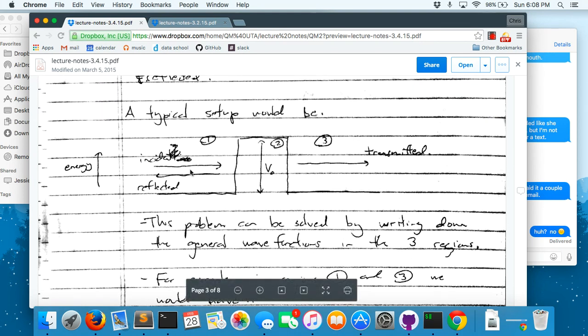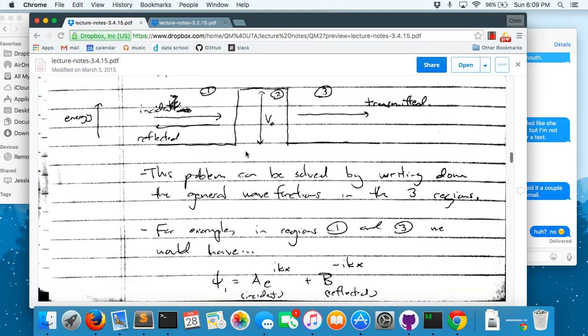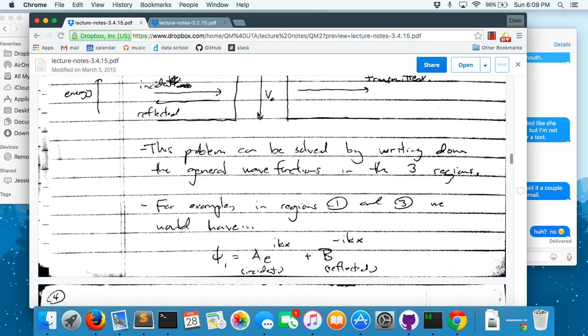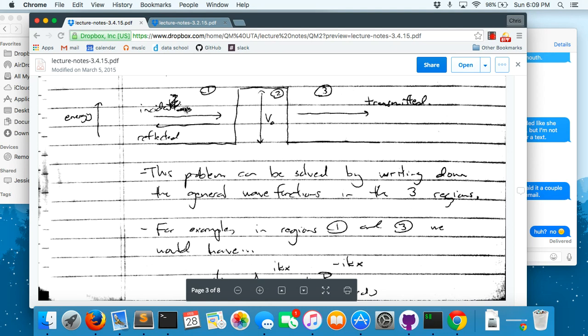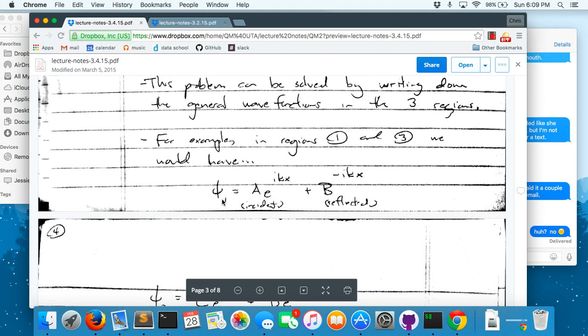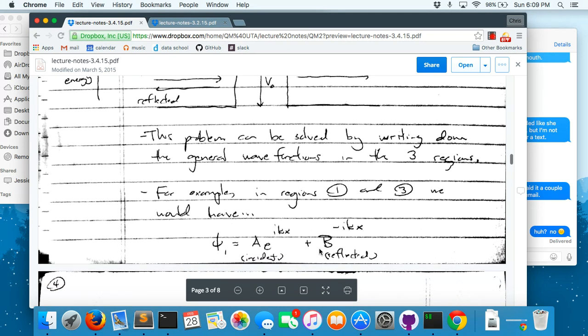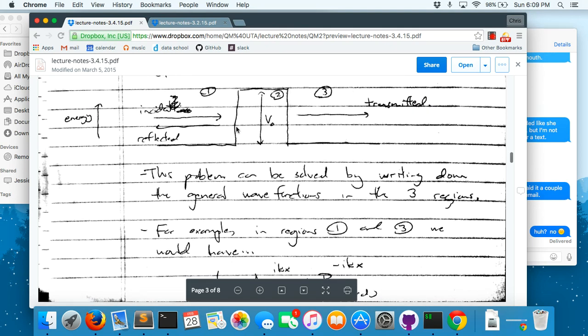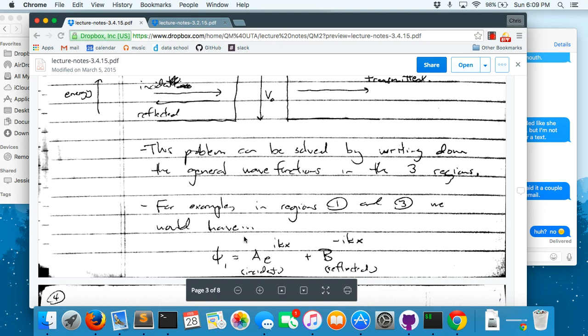This problem can be solved, if you recall, by writing down the wave functions in the three regions. In regions 1 and 3, we have basically free particles, since there's no potential that they're interacting with. In the middle region, the form of the wave function depends on the height of the potential. For example, with particles coming in from the left, we can write down the wave function in region 1, the region before we get to the potential. Part of the wave function is coming in from the left, which represents the incident particles. We would also have a piece coming from the reflected part. So the wave function in this region is a linear combination of the incident and the reflected pieces,